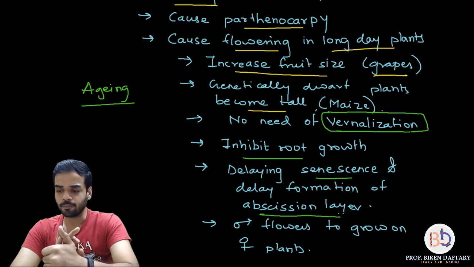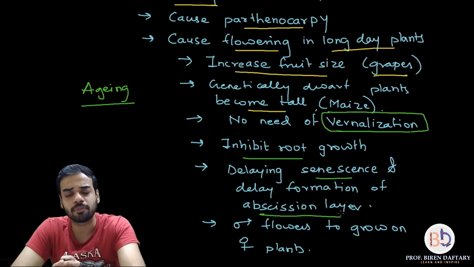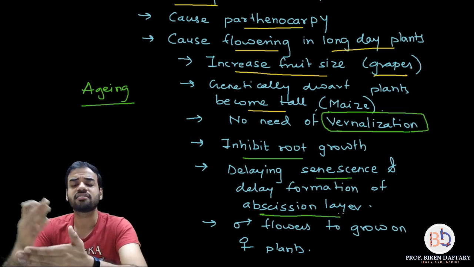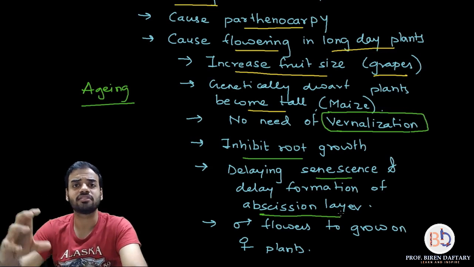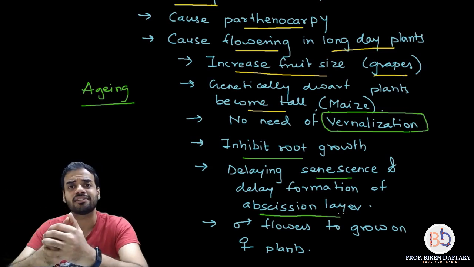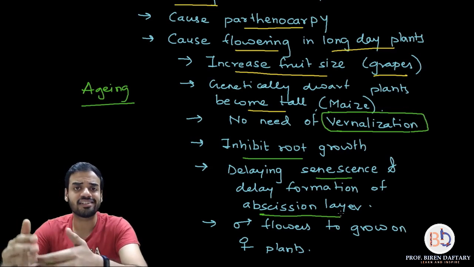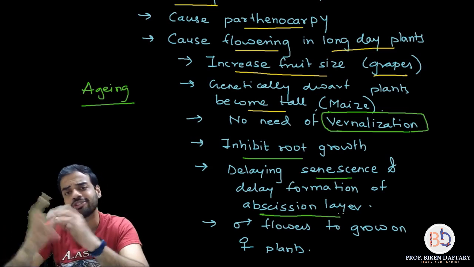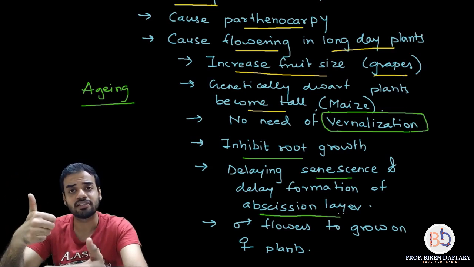It is not very difficult to remember the applications. Please remember, most of the applications are based on increasing the length of the plant. It doesn't affect the growth of the root. Some of the common applications between gibberellins and auxins are they help in parthenocarpy, right? Then they delay the senescence and they delay the formation of the abscission layer. They help the stem to grow. So these are some of the common properties which are present. Also they are helpful in increasing the fruit size.